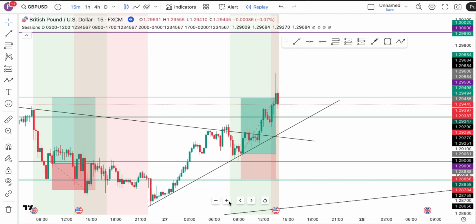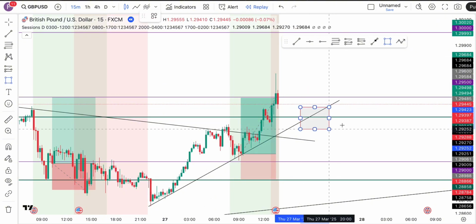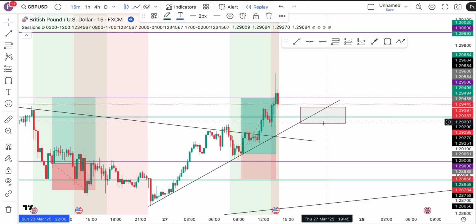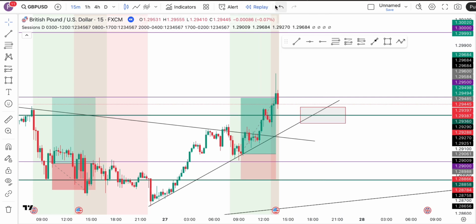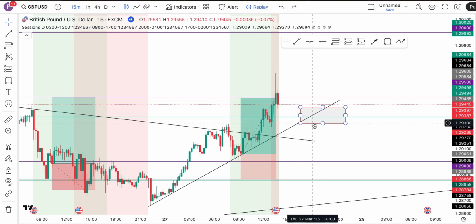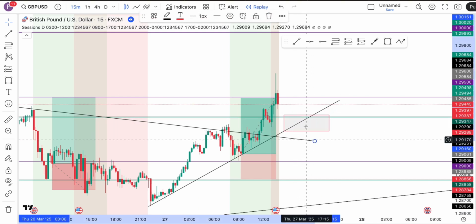So let's see what price does. If price comes to this area again, I'll be looking to buy, around this area. Let's just see. Sorry, let me go back. Okay, this is where it is. So around this area. Why? Because around here,